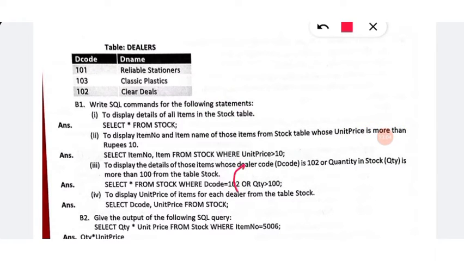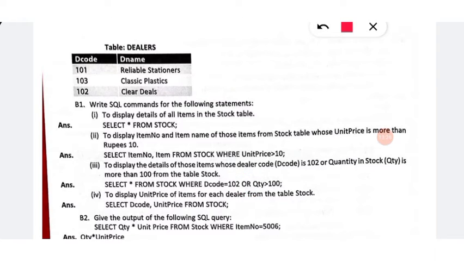Here OR is used because if D code is not 102, then we have to check whether quantity is greater than 100. If either condition is true, then we have to select that particular row. So we have used the OR operator here.